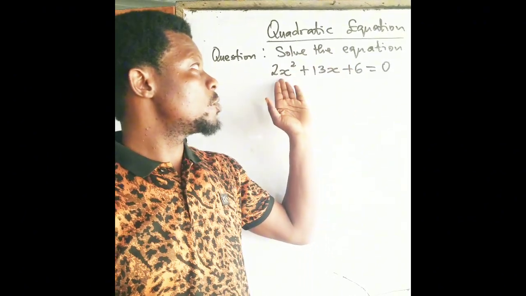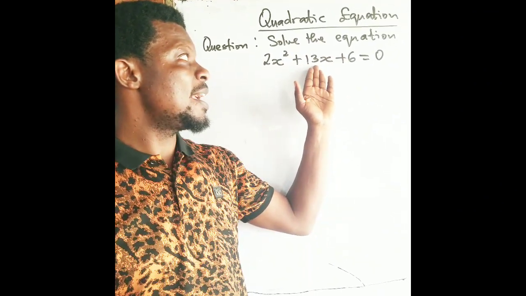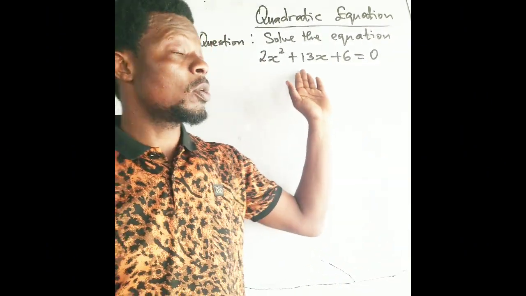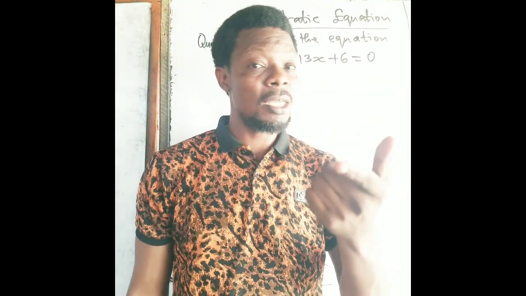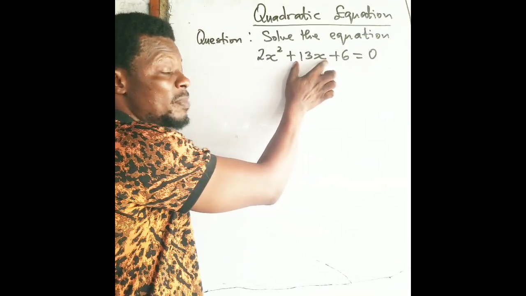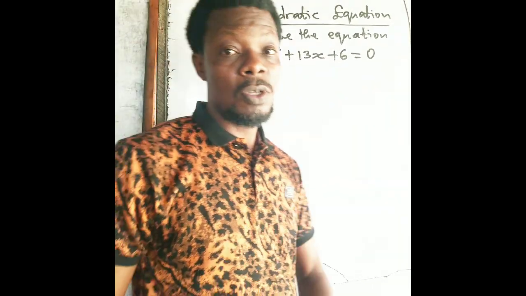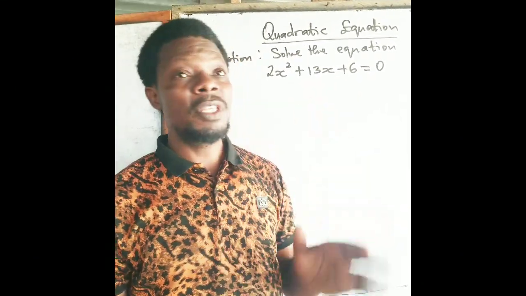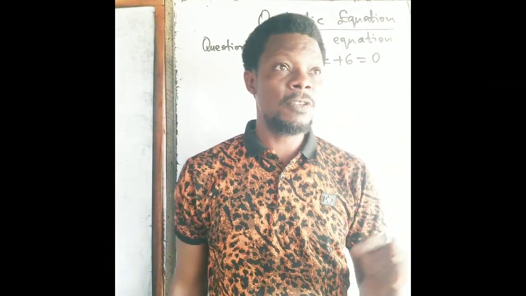Solve the equation 2x squared plus 13x plus 6 equals 0. This is a very good example of what we call an affected quadratic equation. In the pure quadratic, the middle term is missing, and that is what I solved in my last video. How do we solve this? Note, we have four methods for solving